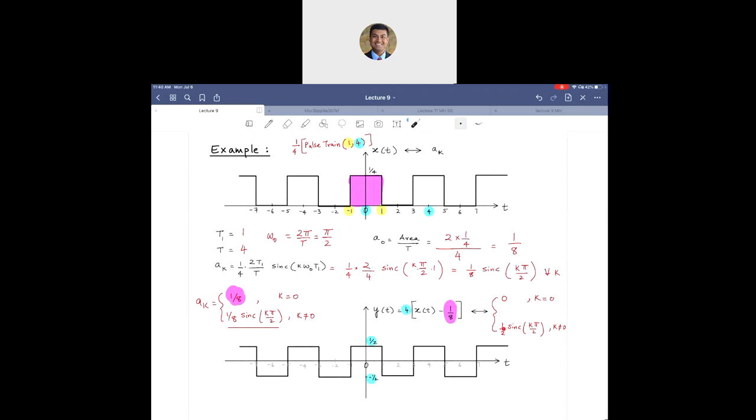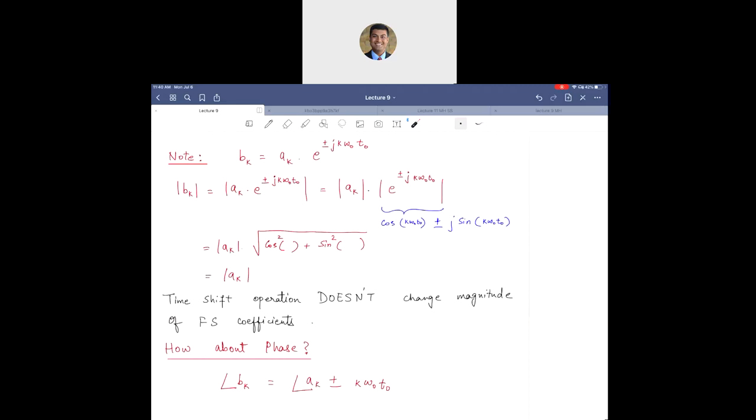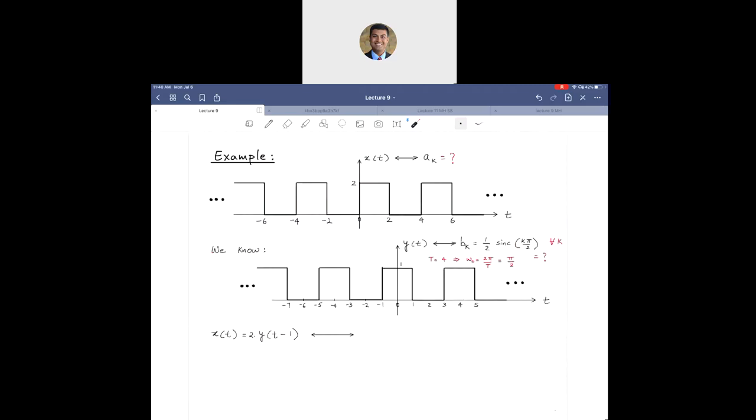Half here, and this term will be half sinc k pi over 2, which means the overall thing is just half sinc k pi over 2. So that way I can quickly validate that this is actually correct. And it also satisfies our standard result of 2 t1 divided by T sinc k omega naught t1. So you can find omega naught, plug it into that standard result, use t1 as 1,